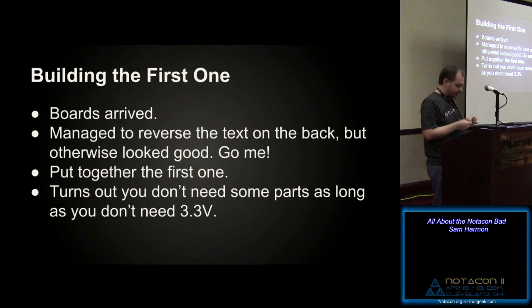And I put it together, and it turns out that from that parts count from before, there's some stuff you just don't need. If you really want it, there is a spot for a 3.3 volt regulator and some other stuff, but you don't need